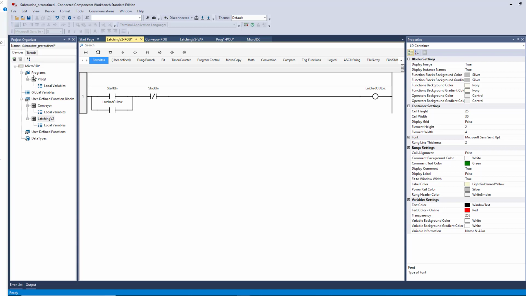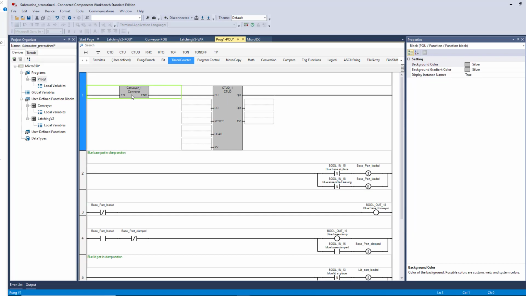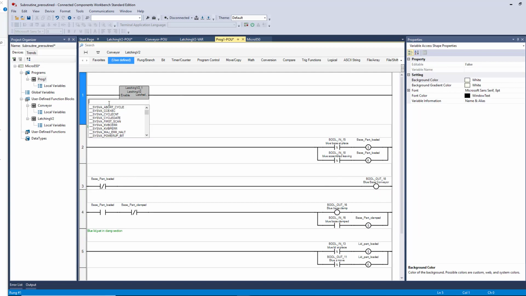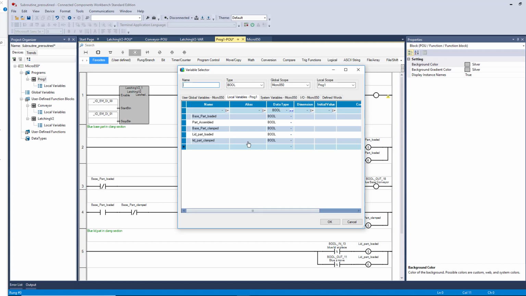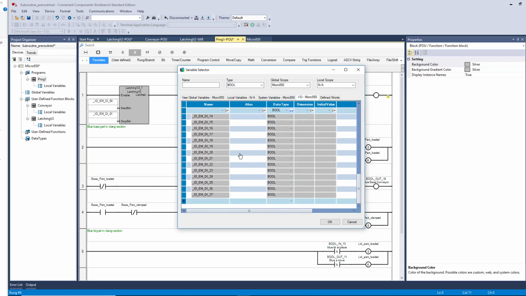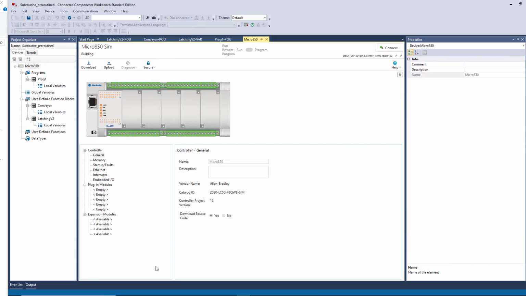So now if we go back to my main code, let's go ahead and delete this and this. We have latching v2. It asks me for my start button, so I'm going to use di0 as my start. I'm going to use di1 for my stop, and then I'm going to put an output after this. Of course I chose that. I need IO digital output 0. So if we go ahead and download that,